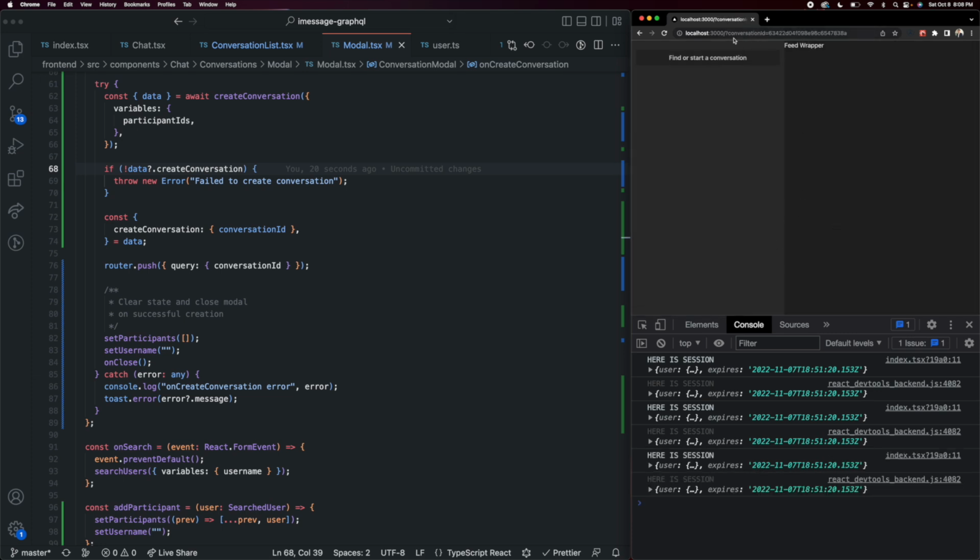Awesome. So the mutation worked, and you can see that in the URL, we have conversation ID is equal to the ID of that new conversation. And so now we can use this conversation ID query parameter in other parts of our React app to know what conversation the user is currently looking at. One of the main components that is going to be very interested in this conversation ID is going to be our feed wrapper here, because it is going to use this conversation ID to actually fetch the messages in that